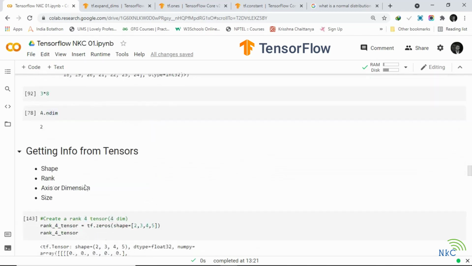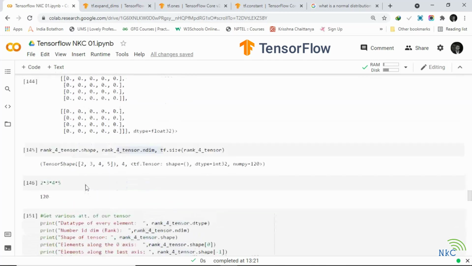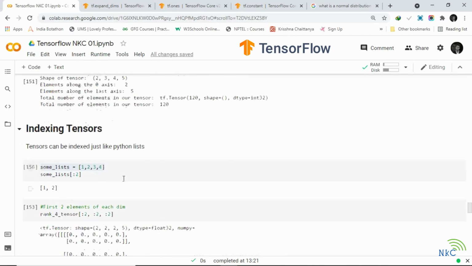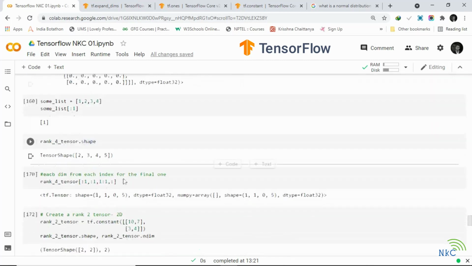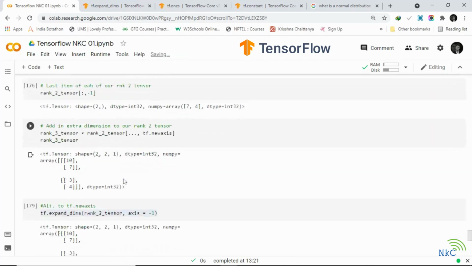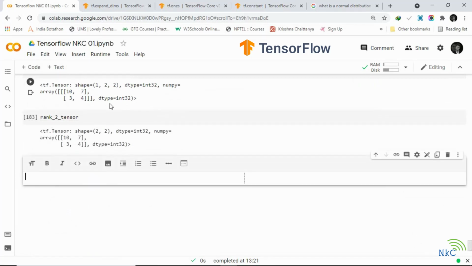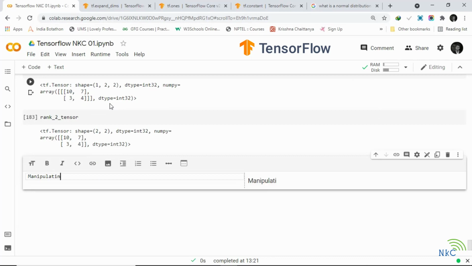We have covered a fair bit in terms of getting information from our tensors and also indexing our tensors. Now we have actually done a little bit of manipulation here. But in the next videos we might go through manipulating tensors, in other words known as tensor operations.